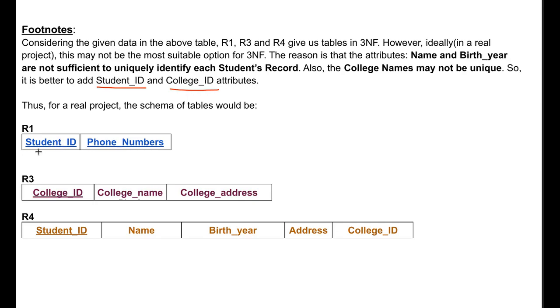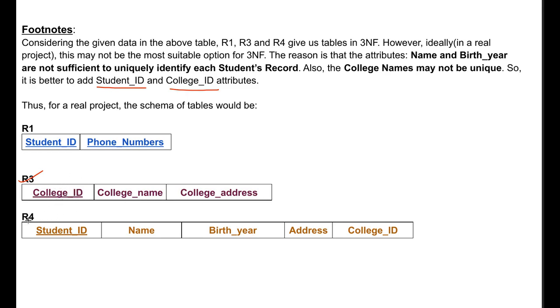Why student ID? Because name and birth year cannot be unique all the time. So we would create R1 like this, and for R3 we would add an attribute college ID, because college names cannot be unique all the time. There can be two colleges with the same name. So we added one college ID here.